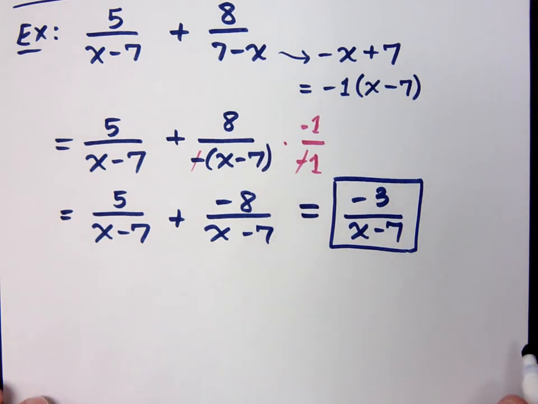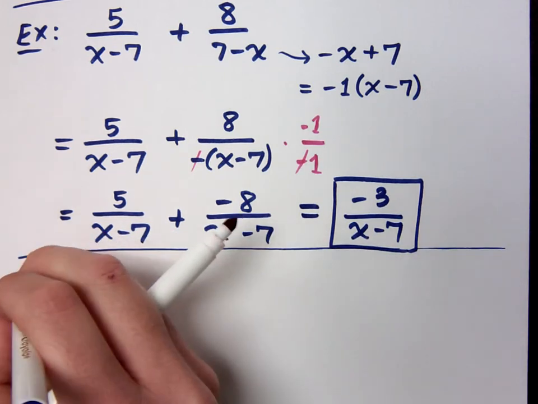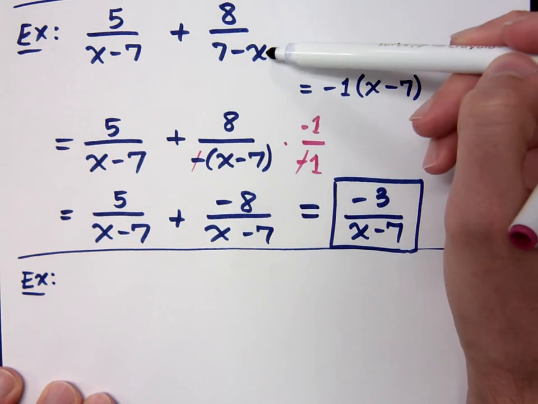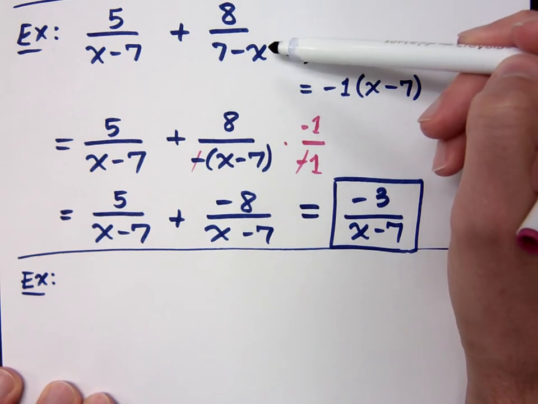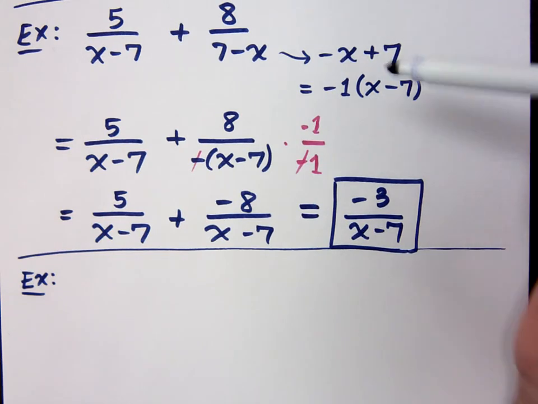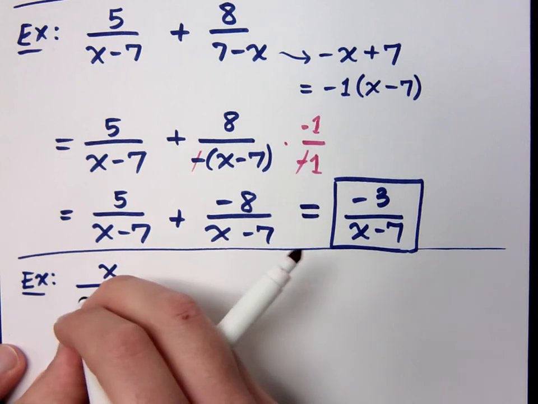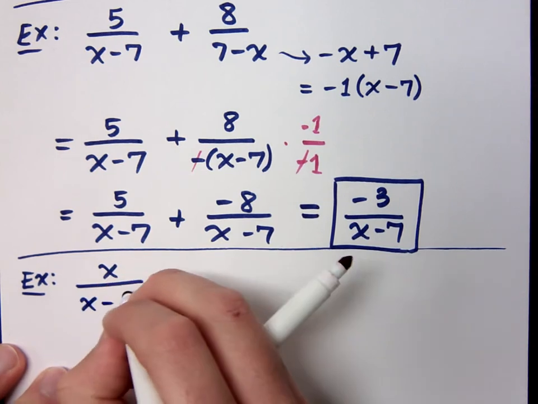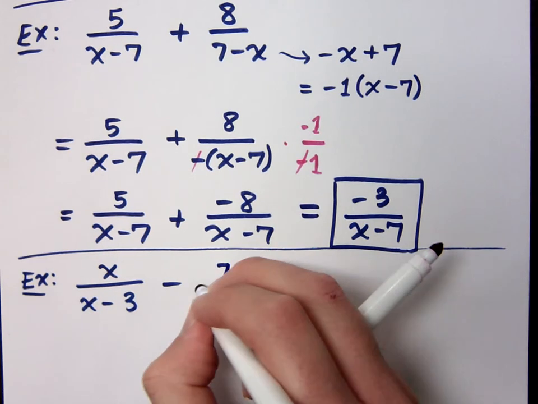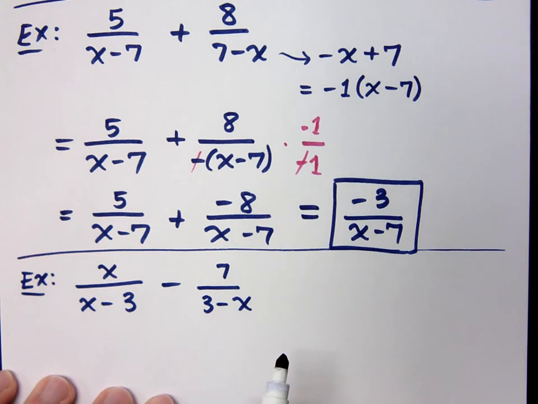That's it. I want to do another one of these just so we can see the little pattern that we're going to see a lot of times. Basically, you can flip these about the subtraction symbol, but you've got to take out a negative 1, and it's going to be okay. So if I have x over x minus 3 minus 7 over 3 minus x,